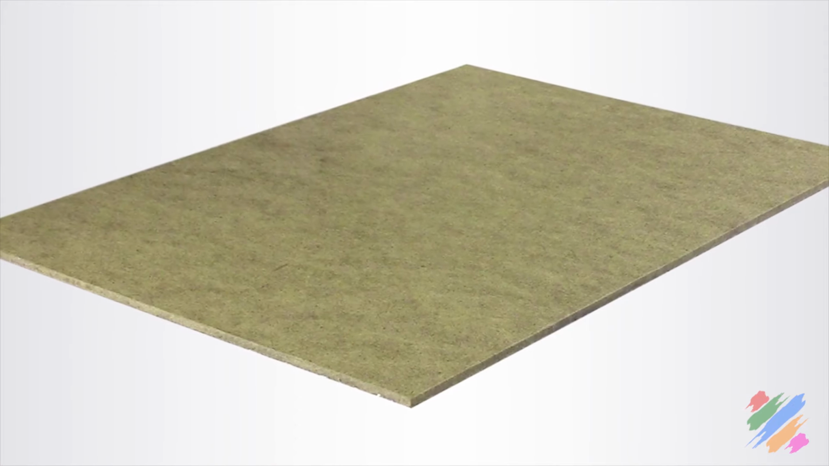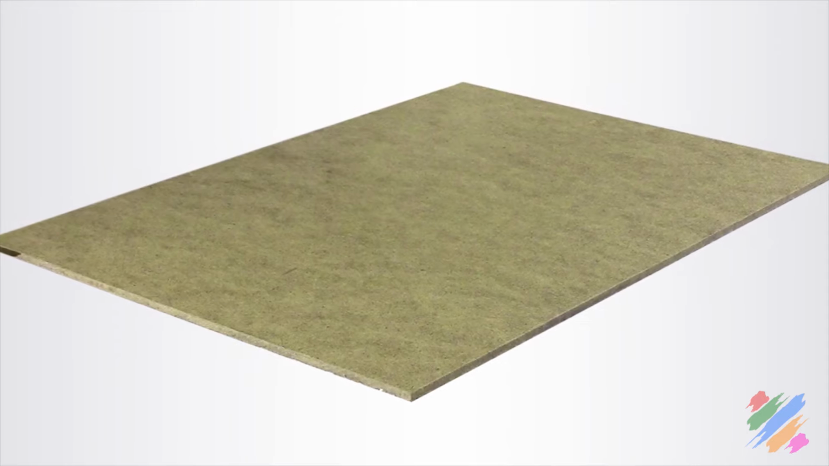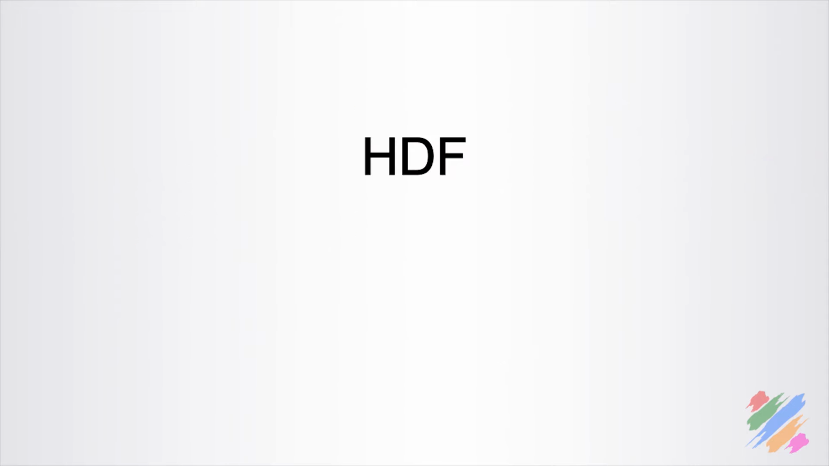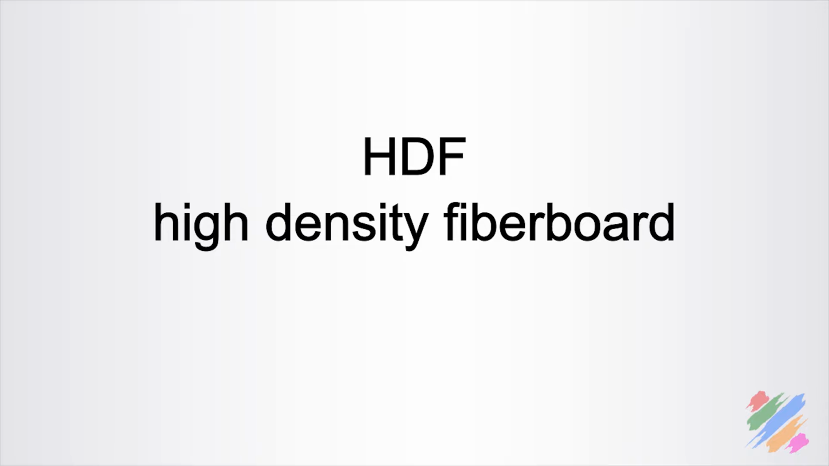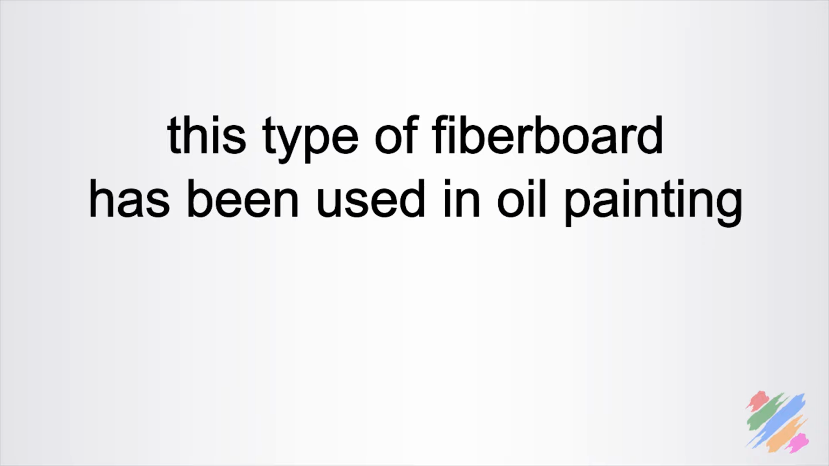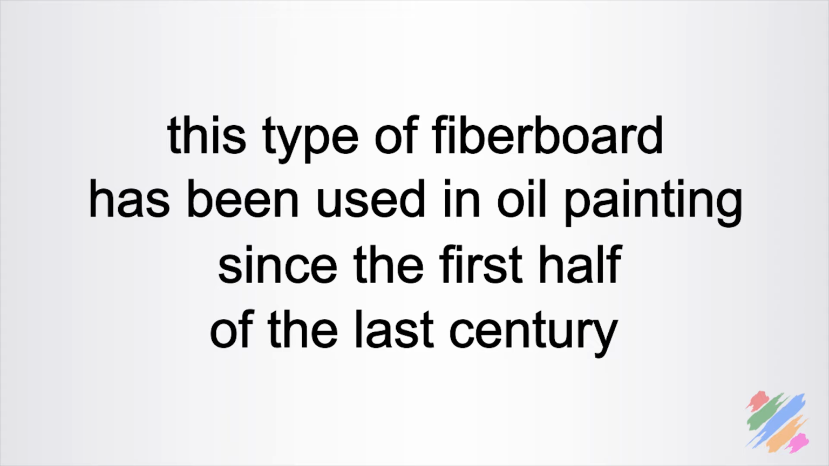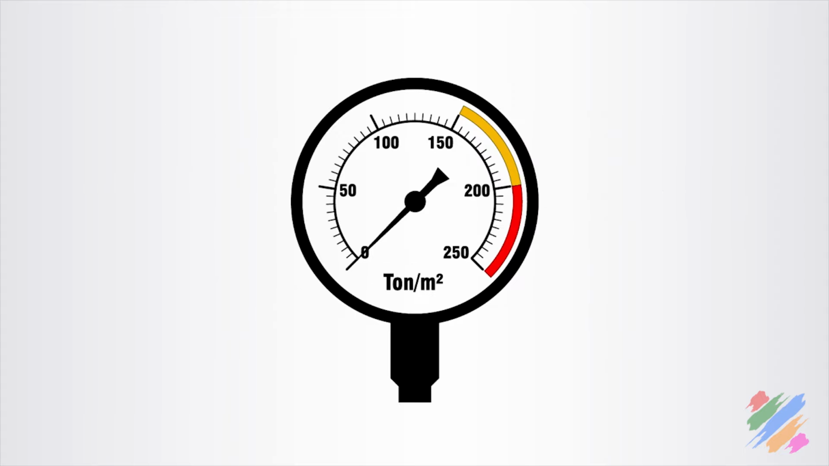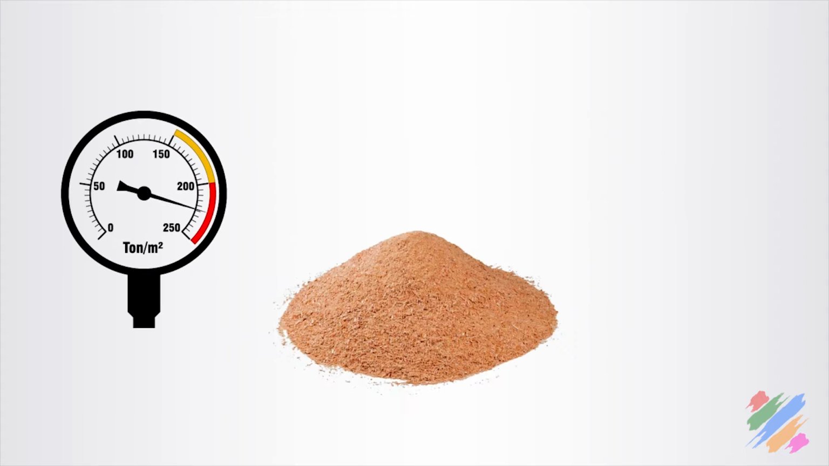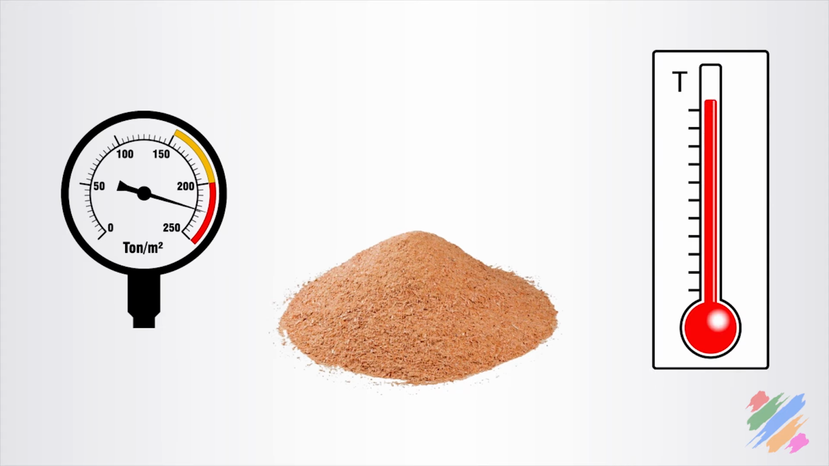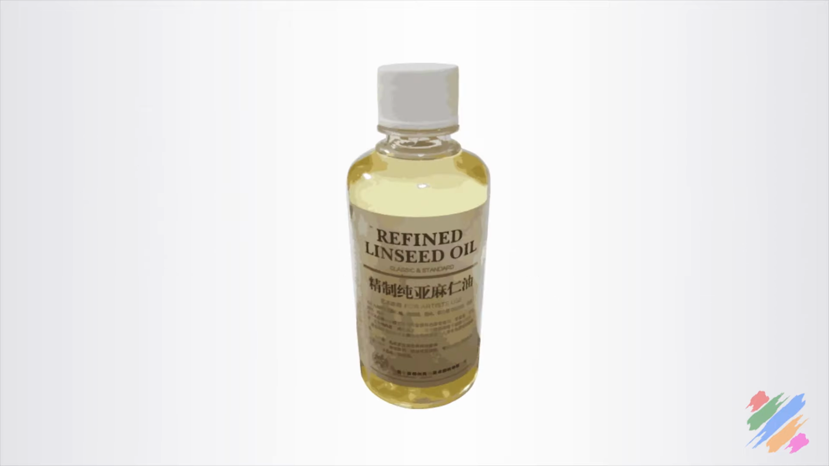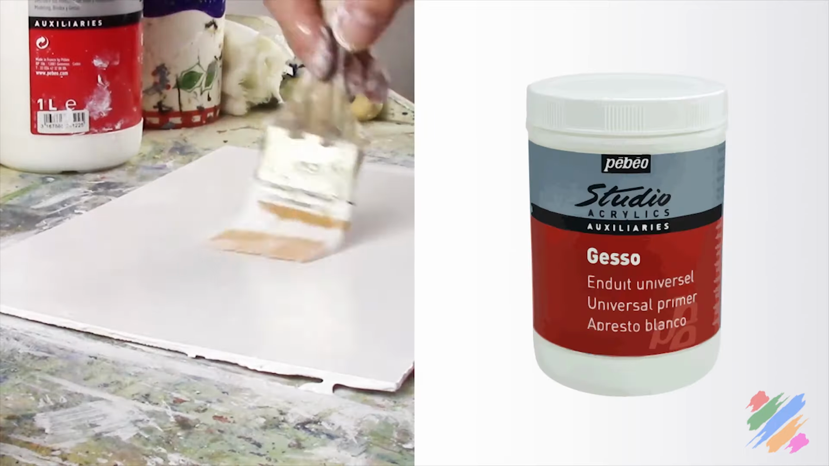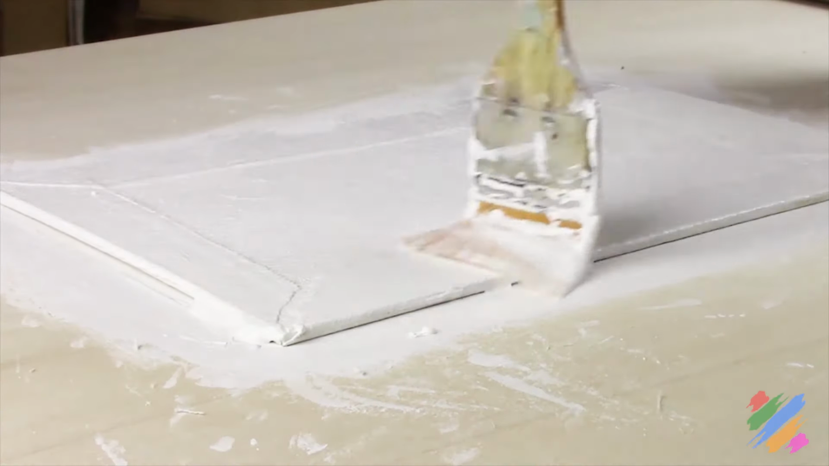Another type of fiberboard used in oil painting is the hardboard or HDF, high density fiberboard, sometimes also known as masonite. This type of fiberboard has been used in oil painting since the first half of the last century. It's produced by pressing fine wooden fibers in high temperatures, sometimes adding some resin. It can be treated with linseed oil or acrylic primer, and if we like it, we can cover it with